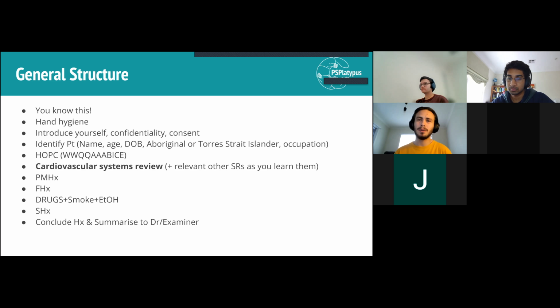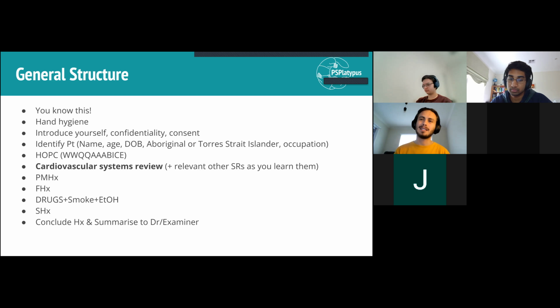Now, I'm pretty sure you only have a few systems reviews under your belt at this point. But as you progress along, you'll learn more of them, and you'll start integrating questions from different systems to help differentiate between, okay, this seems like chest pain, but is it maybe more of a respiratory thing once you learn respi next year? Or maybe there's something gastrointestinal going on? Is it something with their esophagus, the food pipe down to the stomach? Maybe they're having reflux and that's what's causing them pain, but it's still generally in the area of the chest. So you'll start integrating more questions, but at this point,